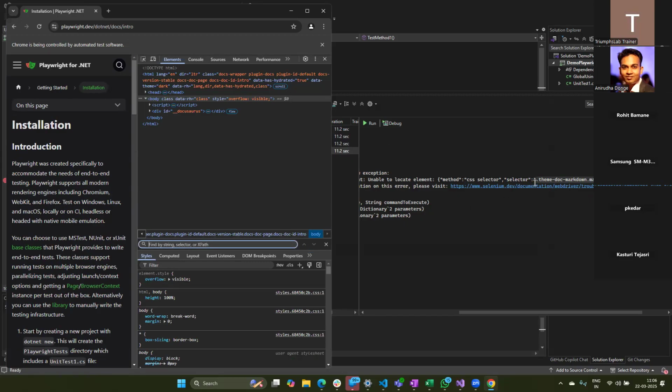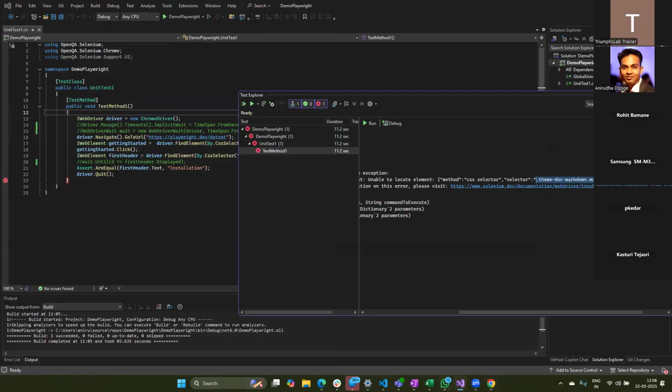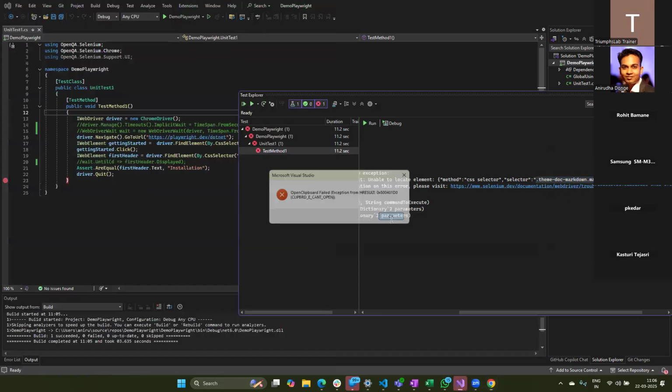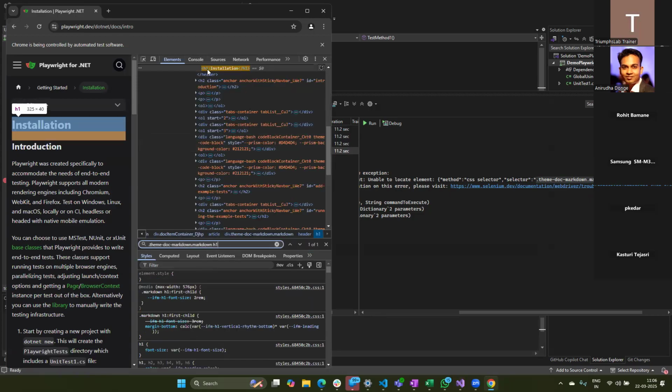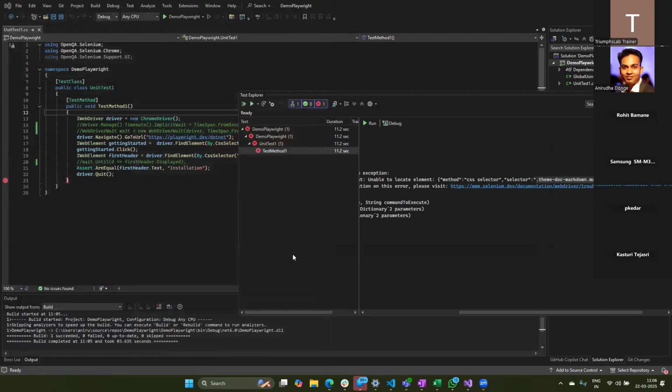Let me delete these lines and copy this part, come here and paste it. See, the element is present, but why did my script say that the element was not available? Because it did not wait for that element to come up. Before that, it was already trying to validate that the text is Installation.